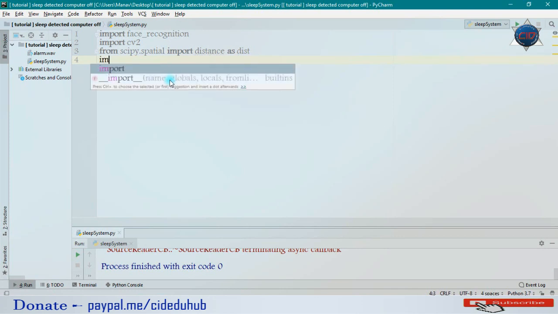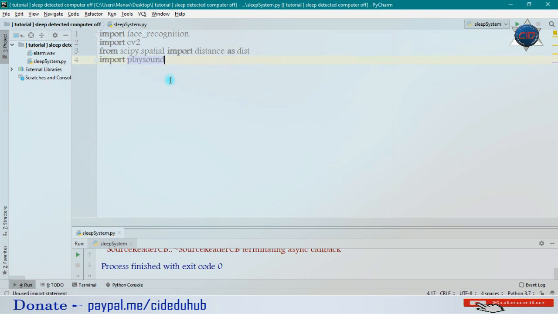Now let me import one more module, and this module will just sound an alarm which I will provide here. As you can see in my directory, I have an alarm.wav file, and I will just play this sound when the user is feeling asleep. And now I will use the threading module, because we want to play a sound here, and the sound will be played in another thread so that it will not occupy our memory.